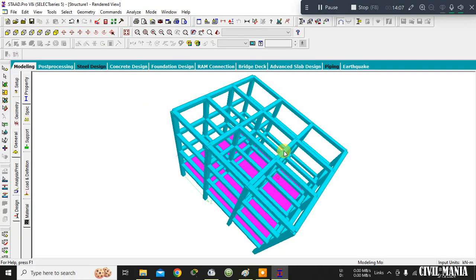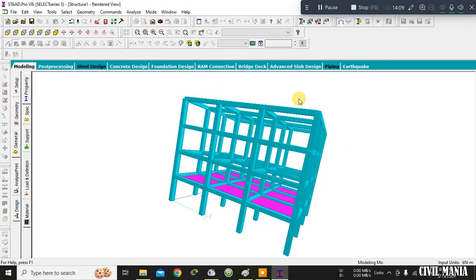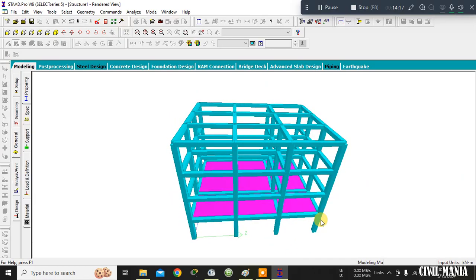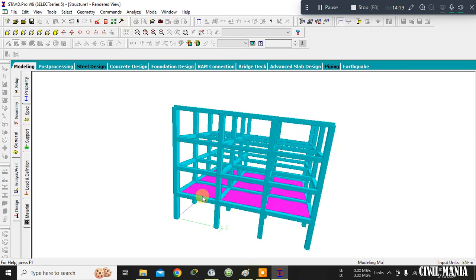Yeah, as you can see in the 3D diagram, in the roof of the ground floor, this is the ground floor, and in the roof of the ground floor you can see I have provided plates. These plates now I will copy in all the roofs of the first floor, second floor, as well as third floor. So what I need to do is